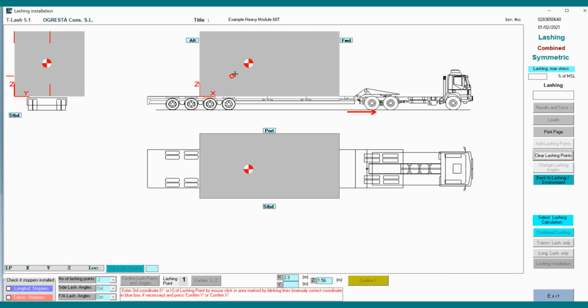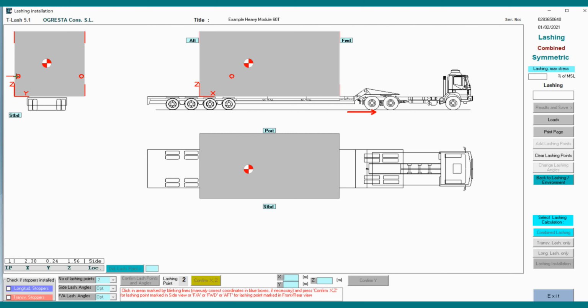of this lashing point. Now, by the next click, we shall define only the Y coordinate. If I am happy with this, I can read the Y coordinate here. If I am happy, I can confirm, and that's it. We got two circles because I am doing symmetric lashing. So this is the first lashing point, and now you see again after definition, after confirmation, second confirmation of this, confirmation